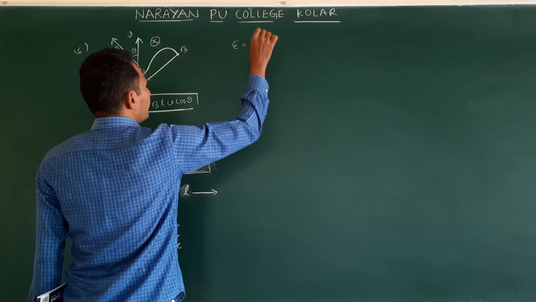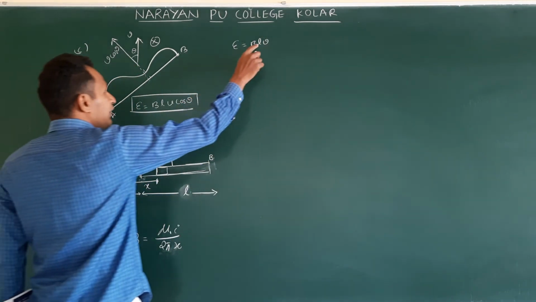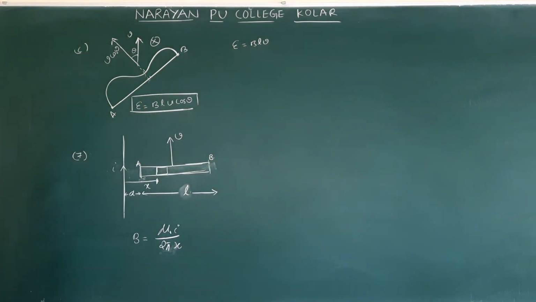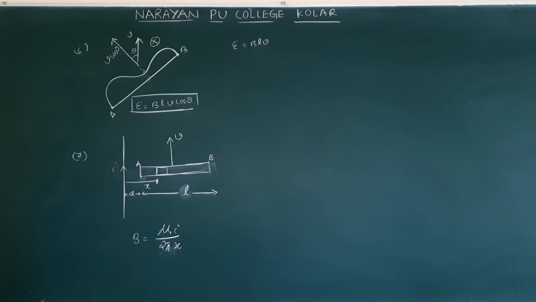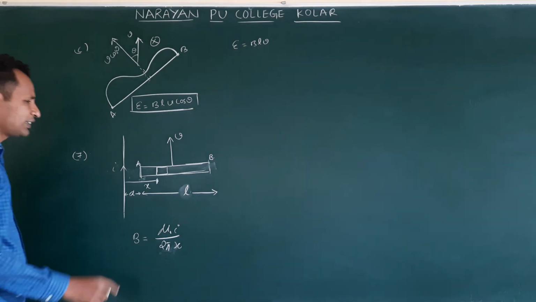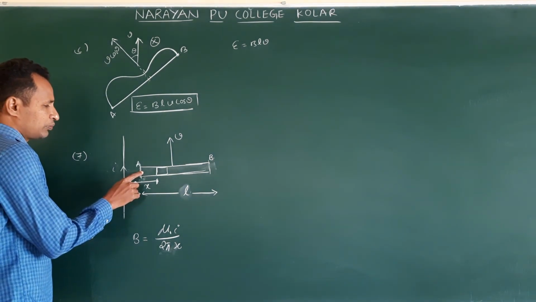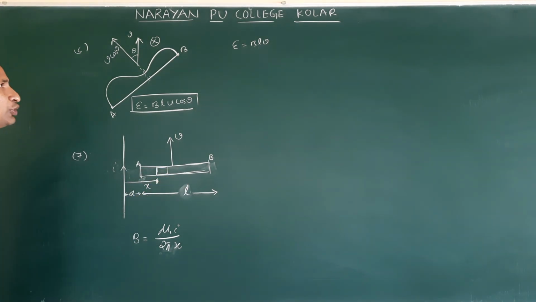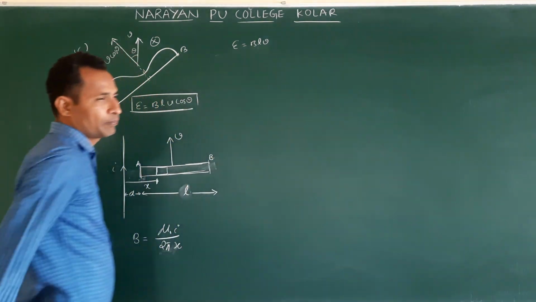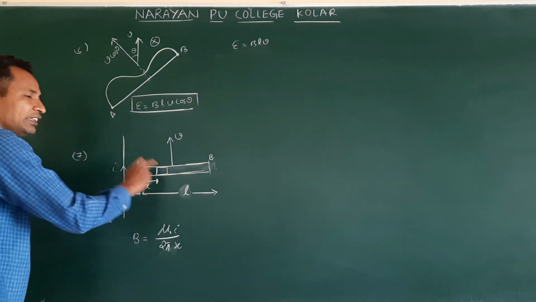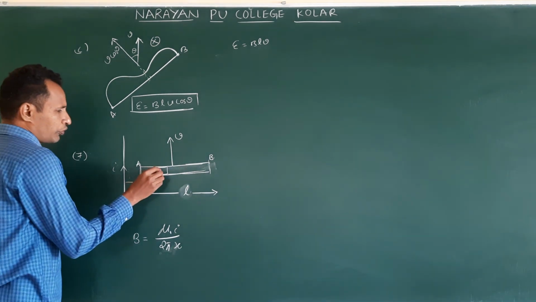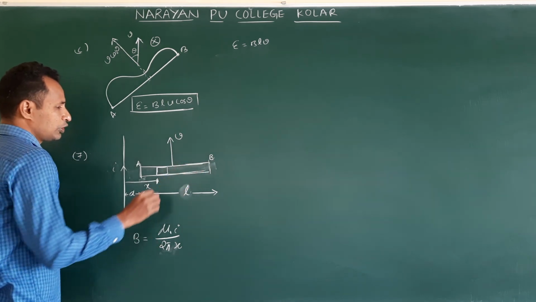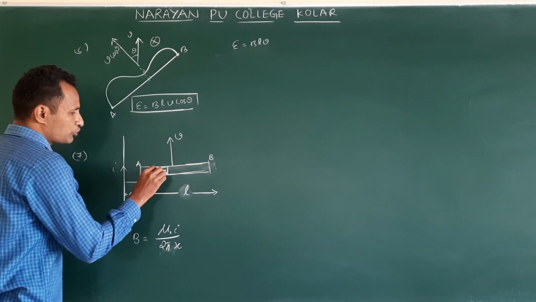So, what is our formula? What did we derive? BLV. In this, L remains constant, V remains constant, but B is changing. Clear? Understand? How is B changing? If you move from A to B, distance x is changing. x is changing means B is changing. So we cannot use this formula directly, but we will use this formula to derive EMF. Up to what distance is the magnetic field changing? From A to B. So on this rod I take a small portion.